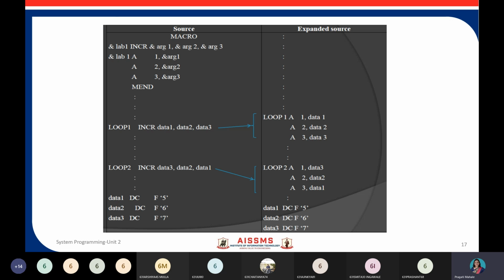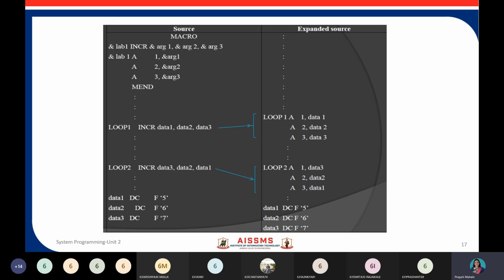Here is another example where you can see that we have a larger number of arguments defined in our macro, and all the arguments are different. Whenever you make a call, you need to pass that many actual arguments or parameters in the call.